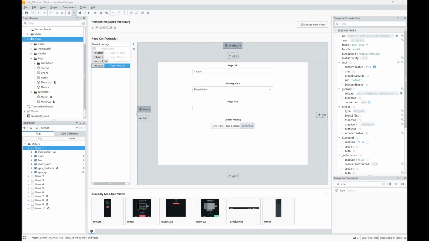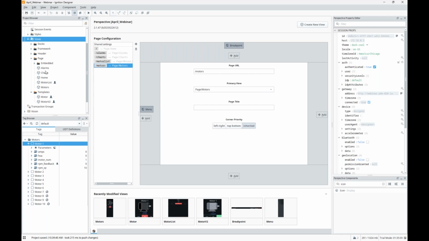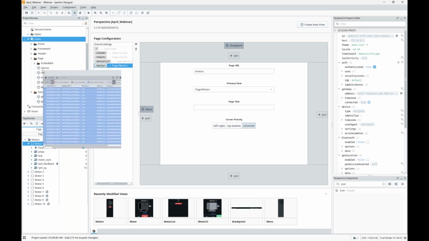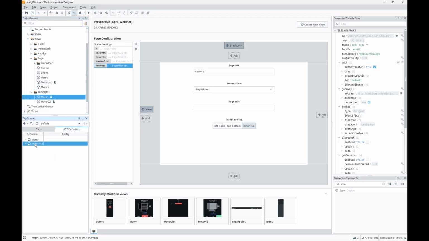Now, if you are familiar with Ignition, you know that we use an example of a motor UDT, a motor template, and those types of things a lot inside of our projects for demos, for webinars, etc. Right? In this example here that I have, we've basically taken a starter project, the base project, and added a few views here. The motor template that I just mentioned, some UDTs for our motors, etc. And we want to expand on that in this webinar here.